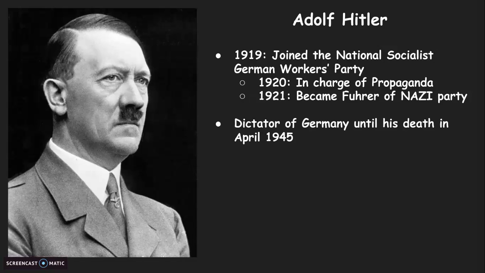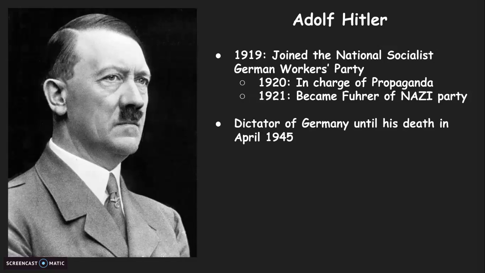So, begging for work, one of his commanders tells him in 1919 to go spy on and infiltrate this National Socialist German Workers' Party. They were getting kind of worried about what this Workers' Party was doing. Instead of infiltrating and reporting back to his commander, Adolf Hitler goes in and joins the National Socialist German Workers' Party, which winds up becoming the Nazis later on.